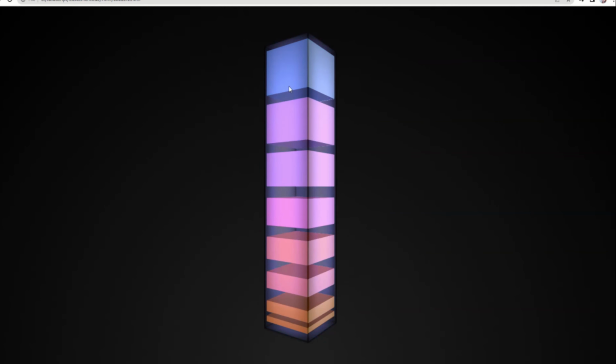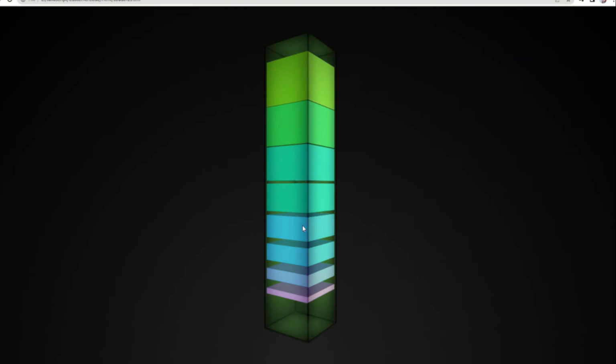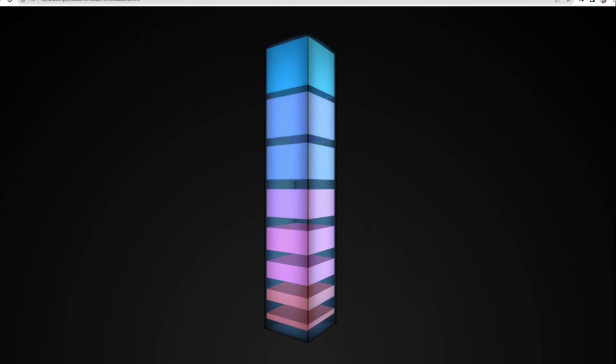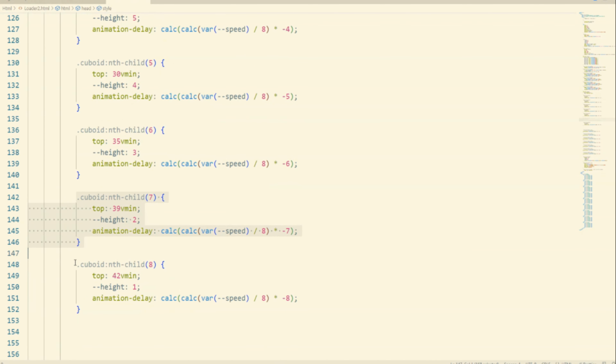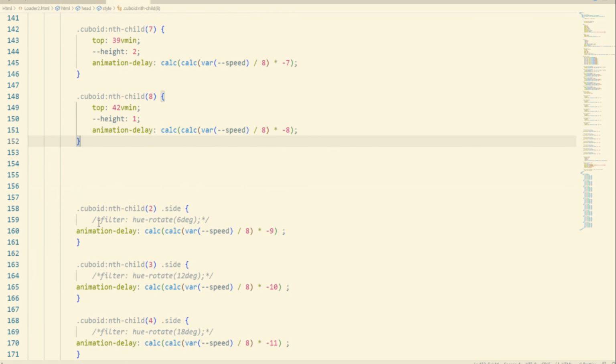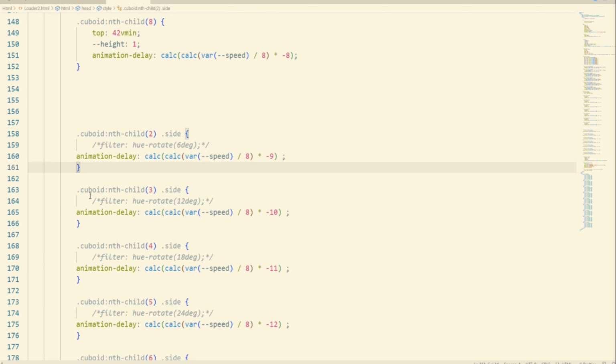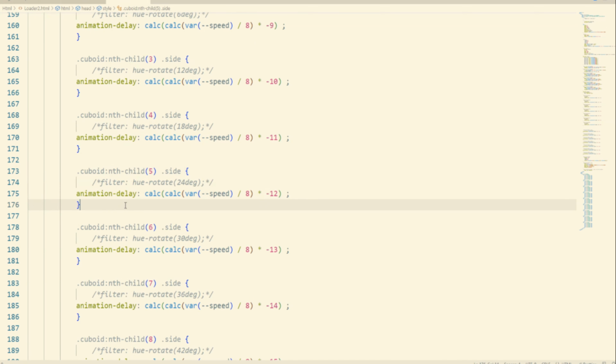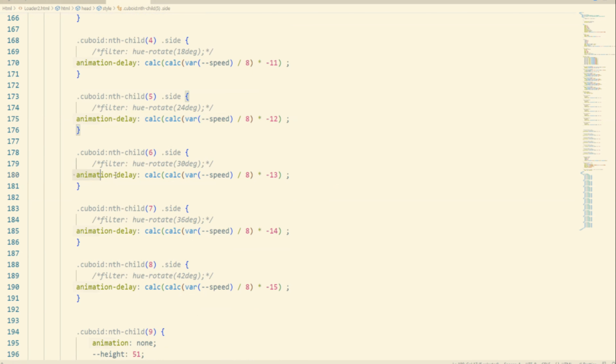respectively it's going up. You can see here 8 is common for every animation delay, and it goes minus 1, minus 2, up to minus 8, and now come to minus 9, minus 10, minus 11, minus 13, 14, 15 and 16, because we have 8 cuboids, so minus 15 is the last one. And now come to the cuboid in type child 9, which is the shadow boxes all over the